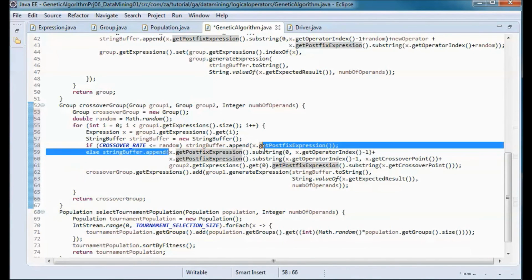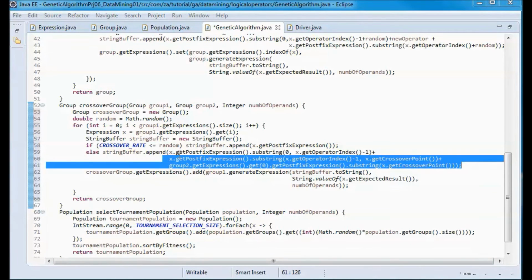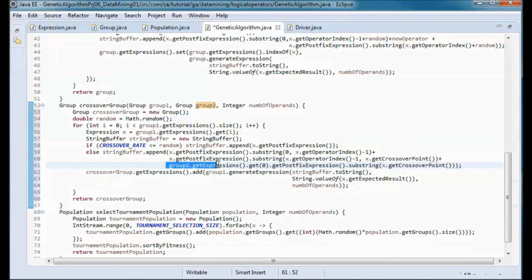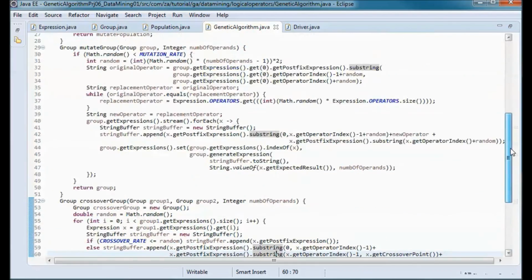So here we will pick up all the operands for this expression, and we need to add to it the operators, and we do it here, and we add those operators from group 1 until this crossover point, and from that crossover point we add the operators from group 2, and we end up returning the crossover group. And this should do it for this class.